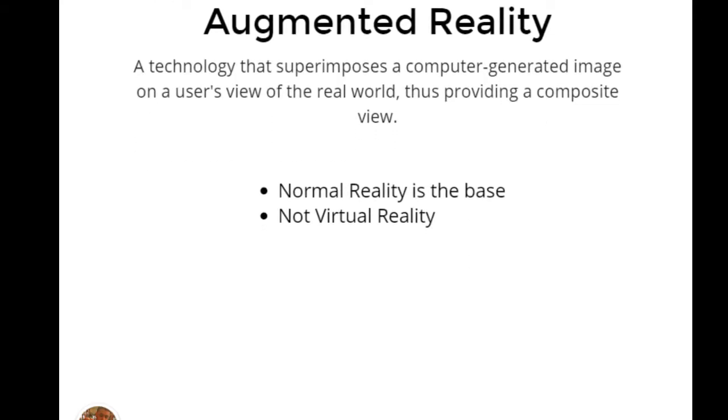Okay, so augmented reality. This is superimposing some sort of image, usually on top of the real world, to give one composite view of both of them. Normal reality is the base, so something in the real world, whether it's visual, location, whatever. I suppose in that regard, it could even be sound, honestly, if you were so inclined. So normal reality is the base here. It'll always be the base for everything I'm talking about here.